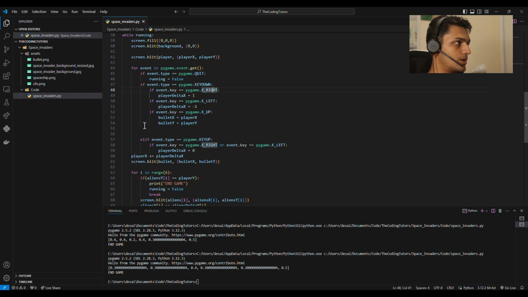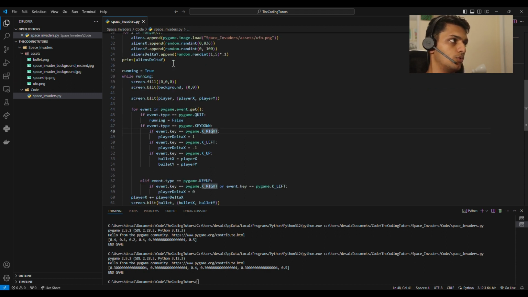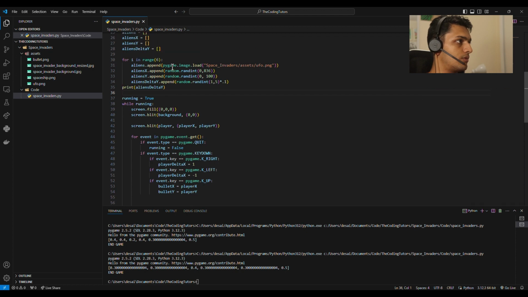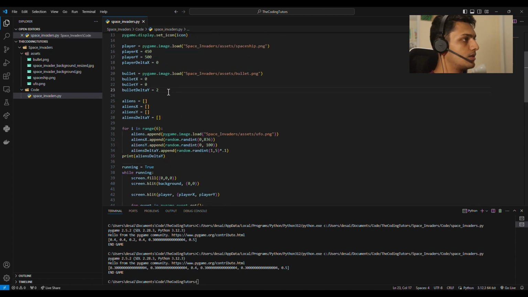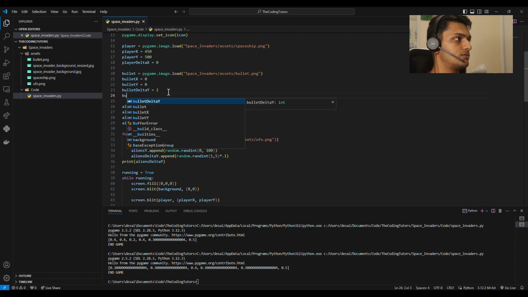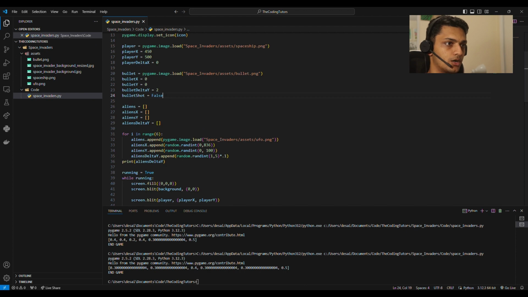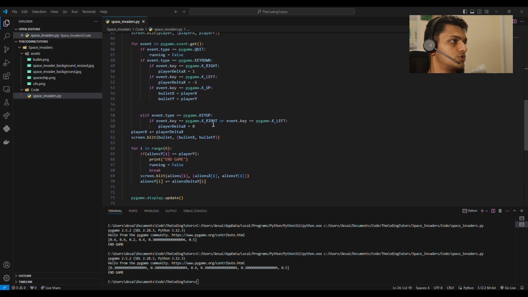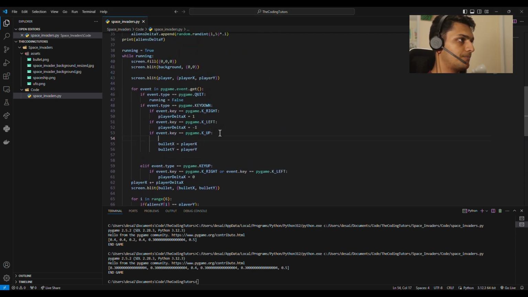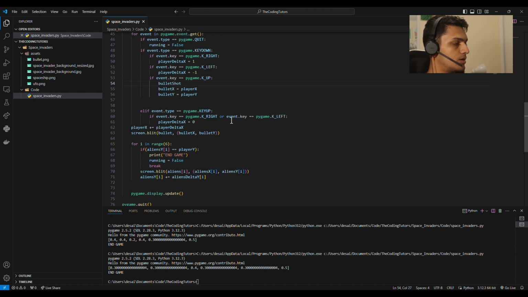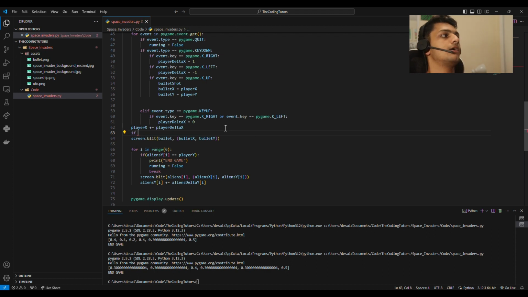Now, of course, we're going to need an if statement for that and a boolean, right? Let's make a boolean right here that says something like bullet shot. False. That's how we are going to start out, right? And bullet shot will become true when we press key up, right? Shot, there we go. Then we are going to put this inside an if statement, because if I